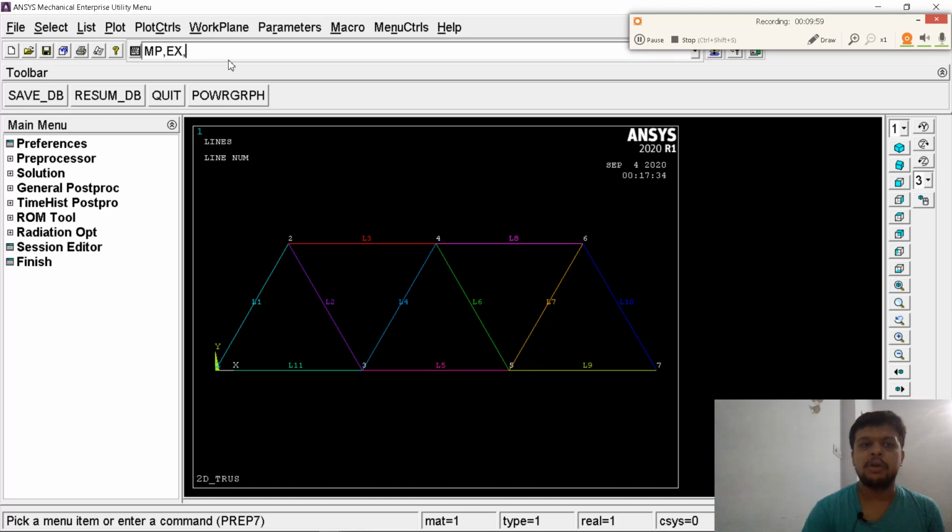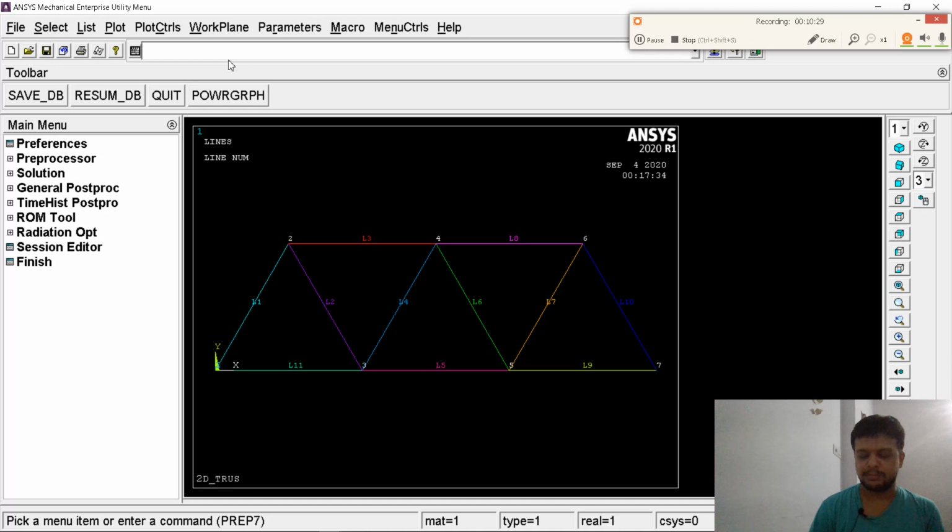Now on which element you want to apply it. There is only one element and we named it 1. So material property Young's modulus applying on the first type of element, and of how much we have to take, 2 into 10 to the power 5 megapascal, 2E5, which is 200 gigapascal. It may be considered as steel. So material property has been applied.